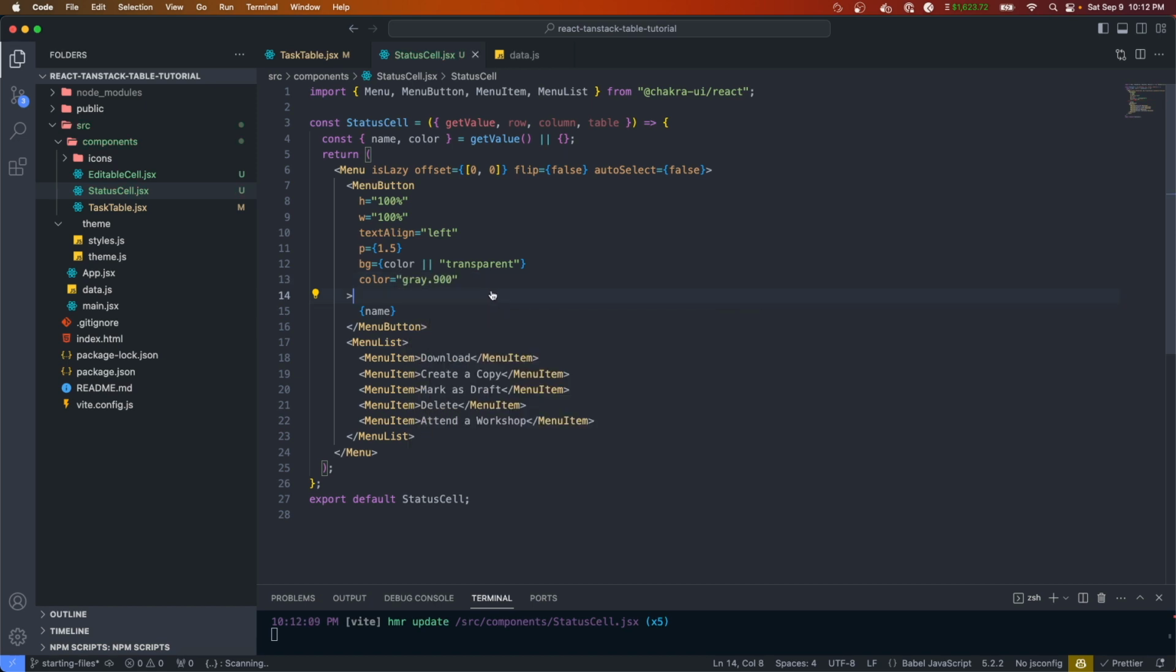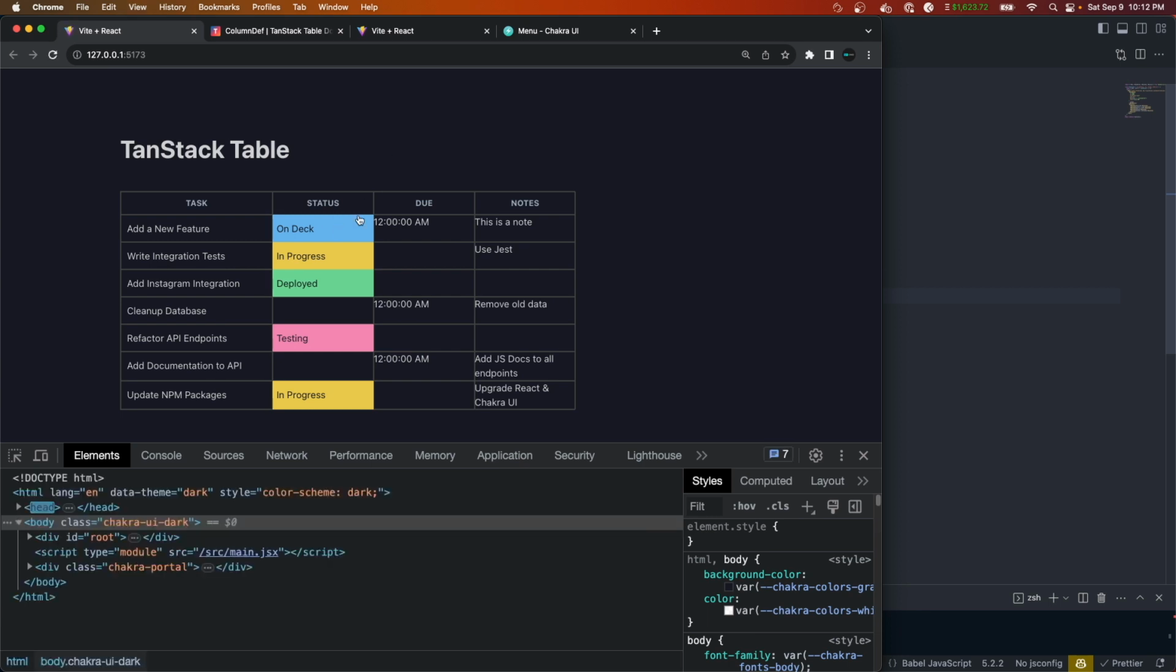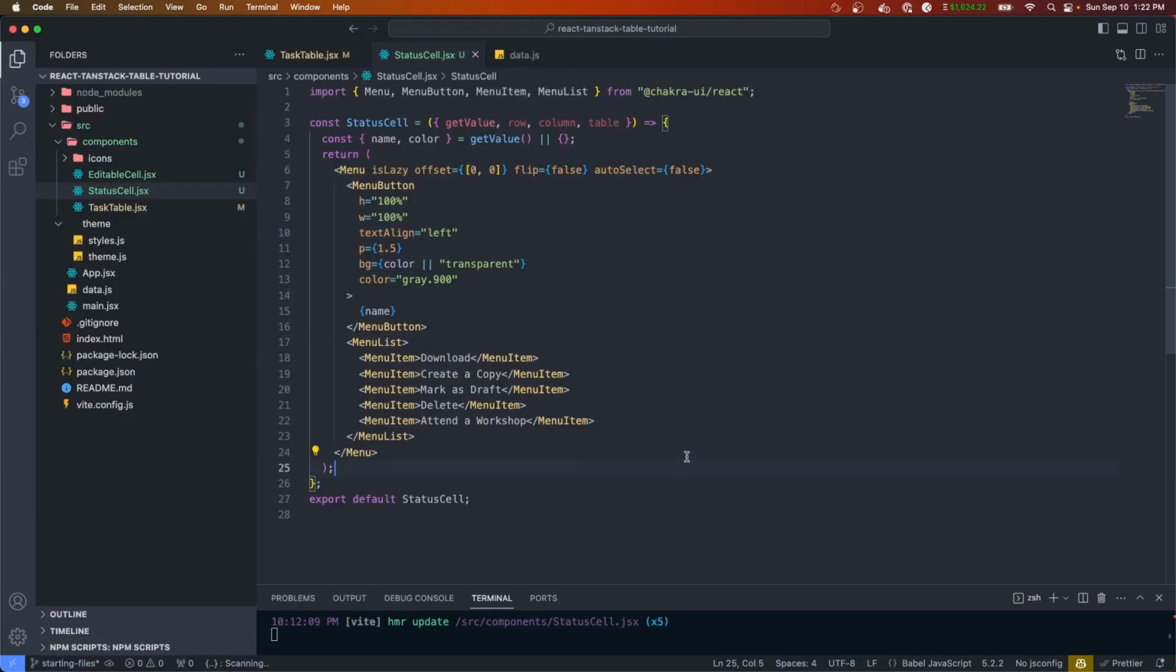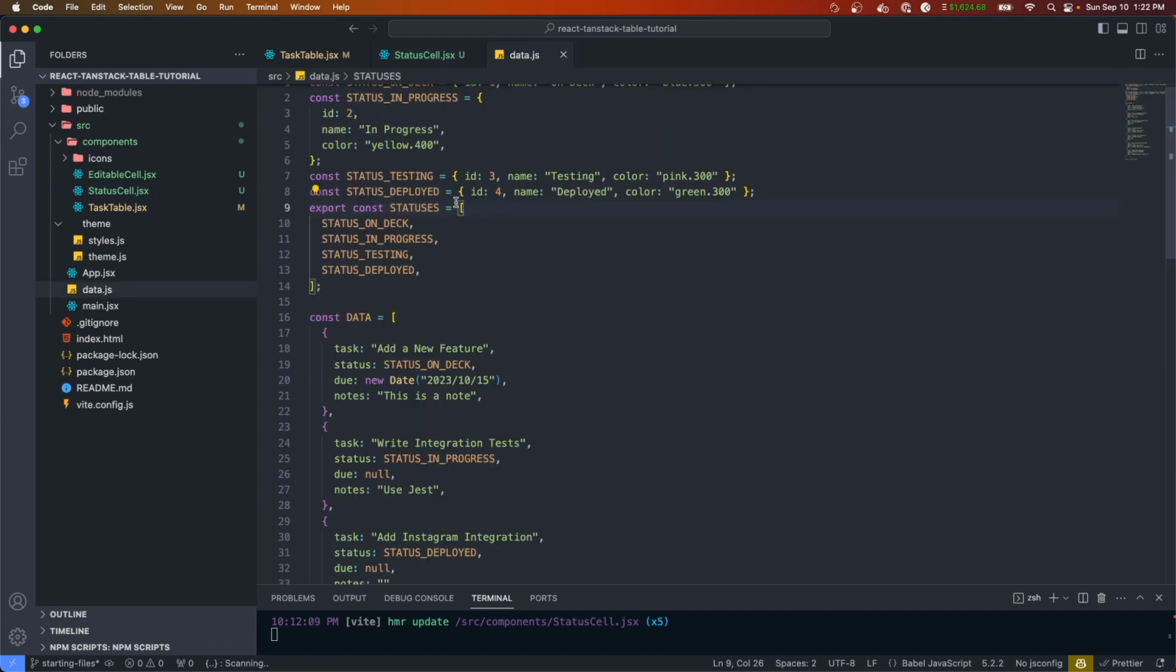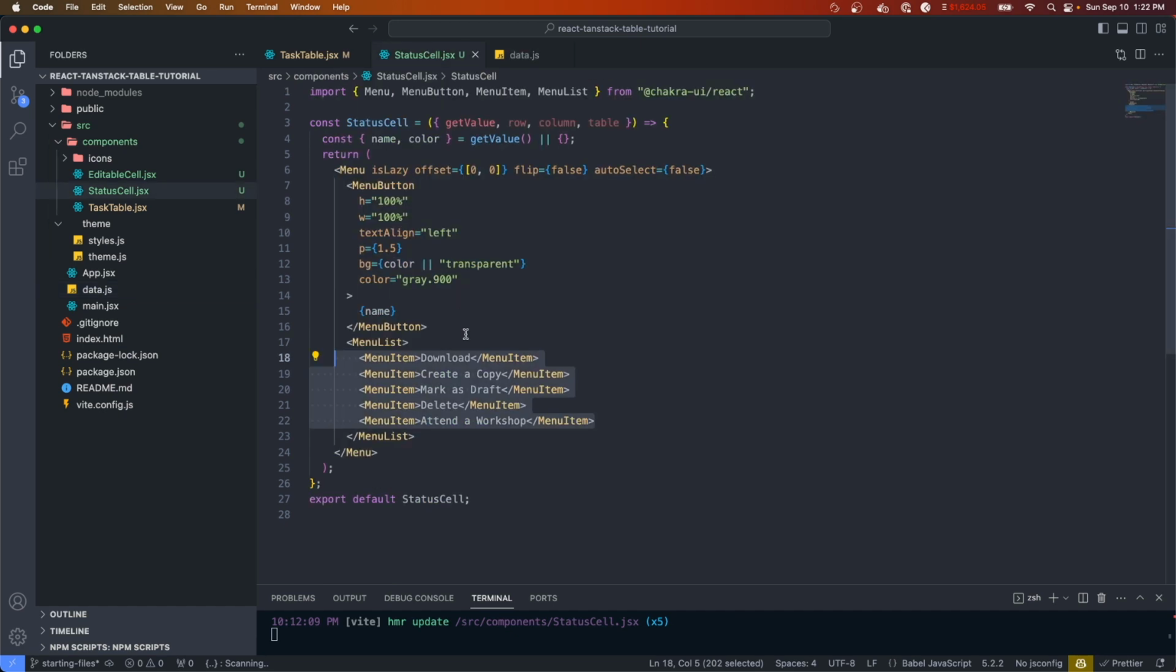Now we should see that status. And it looks like they're showing up correctly. Now let's work on these menu options. Instead of using these values, we want to loop through our own custom statuses that we've defined. If you open up the data file, you'll see that we have an array of all the statuses that we want in our app. So let's just go ahead and copy that over